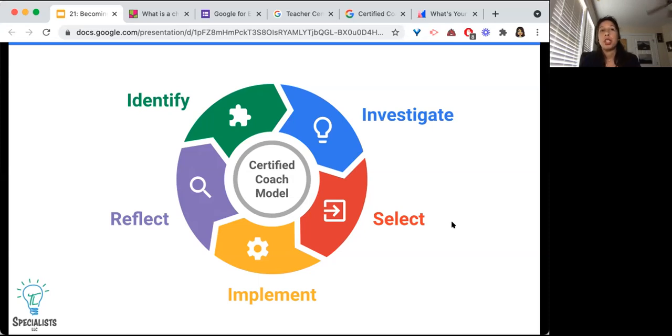So really quickly in the chat, or if you want to come off mute, what does this 5-step model kind of look like?